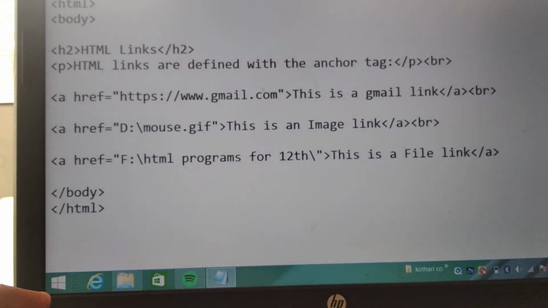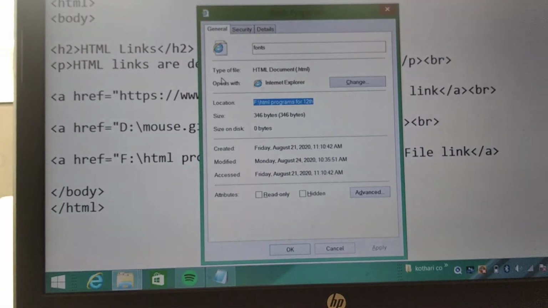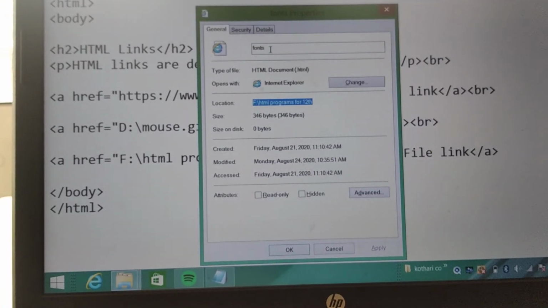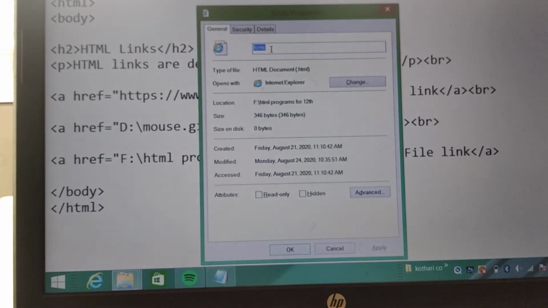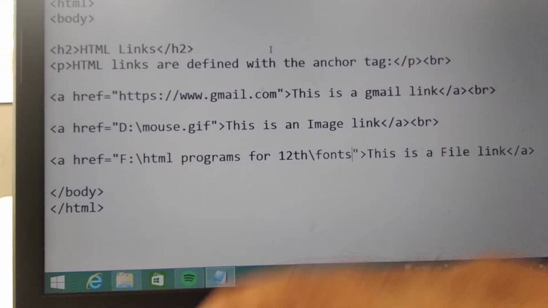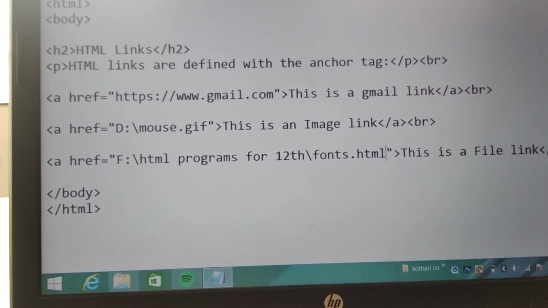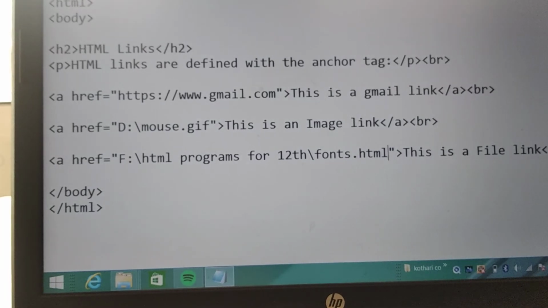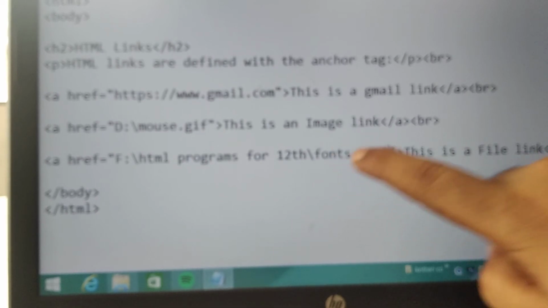The next step is to again reach that place and copy the name of the file, fonts. This file is related with HTML, so we will write the extension .html. So this is the exact path to reach the file fonts.